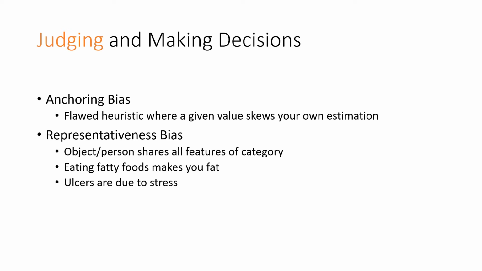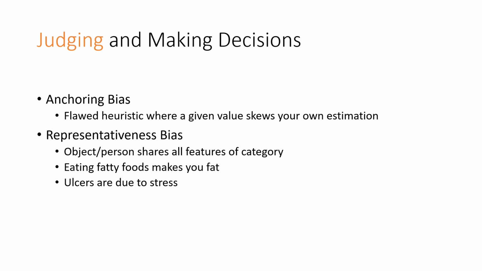Now, if we look at representativeness bias, that's where we simplify our social judgments, and we say that every person or every object that fits into this category has all of the features of that category. Now, that's very convenient for us, but this is fallacious. People and objects and events are not always able to be categorized. It is not necessarily true